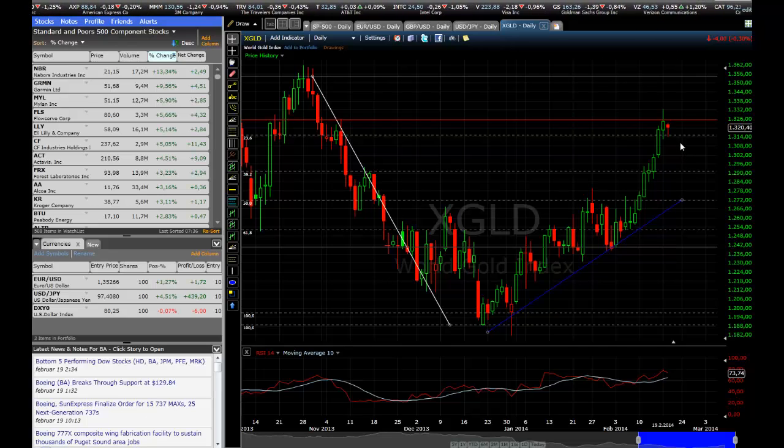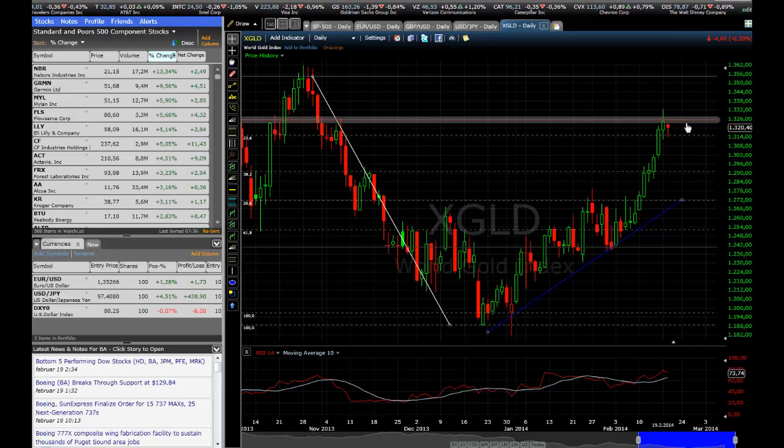However, the only fly in the ointment here might be a report by the IMF yesterday, which cast some concern on the world economic recovery. And with the economy not performing as well as investors expect, this might push gold even higher, but that's just speculation at this point. In the meantime, we still have resistance at 1,325.